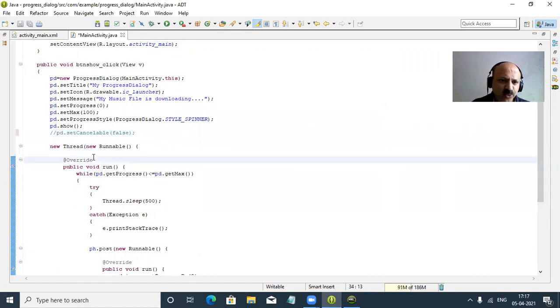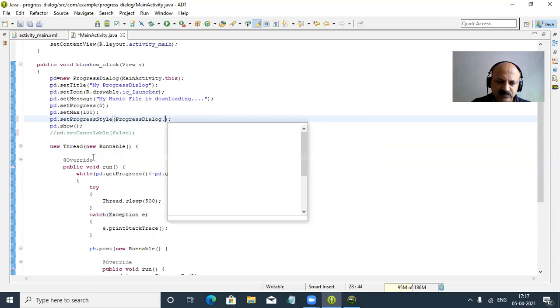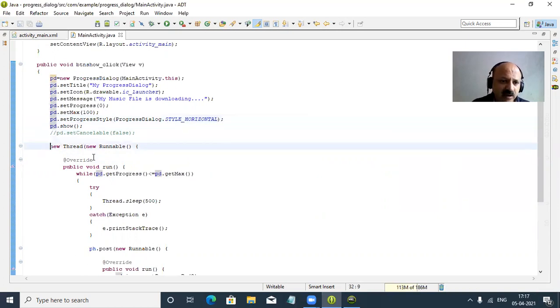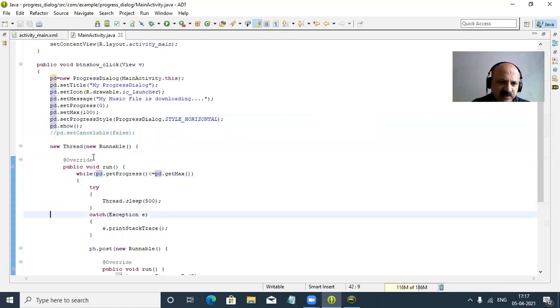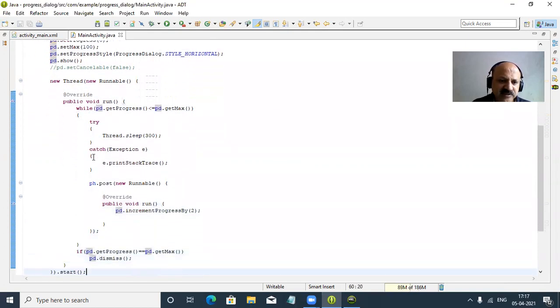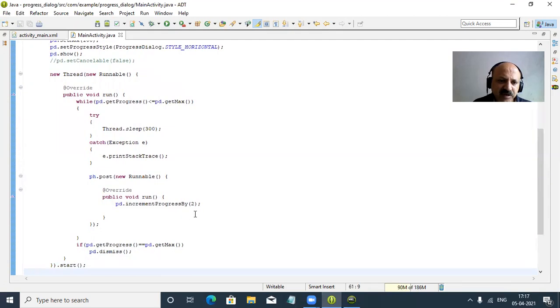And now what to do? Here again I change the style to horizontal, so we can see how the value goes. Now here our while loop is perfect. The sleep method I changed to be faster, so I decrement the value by 300 so the speed is faster, and that increments by 2.